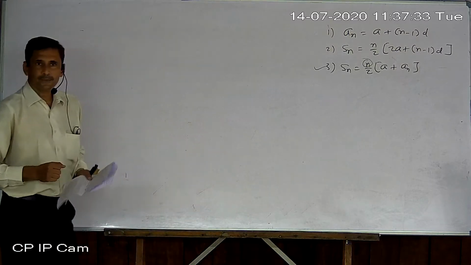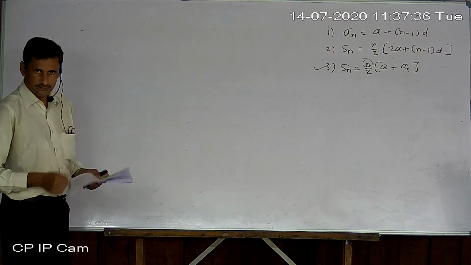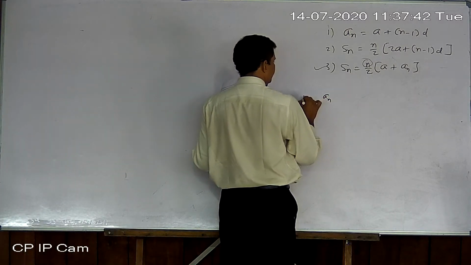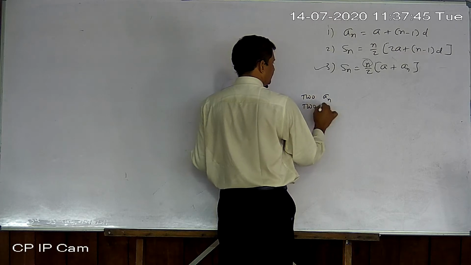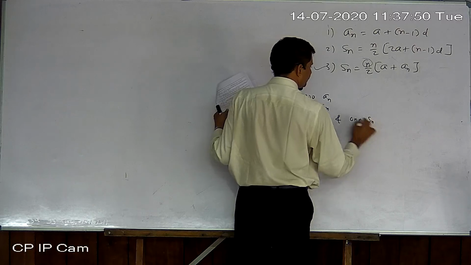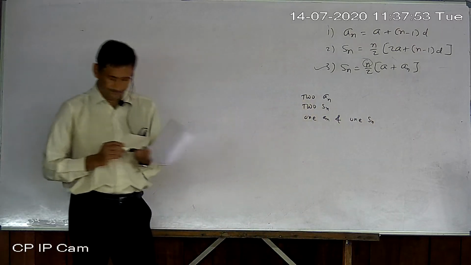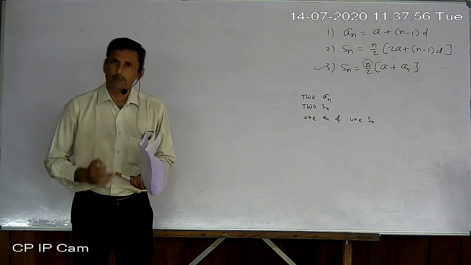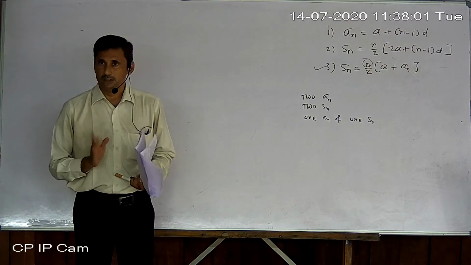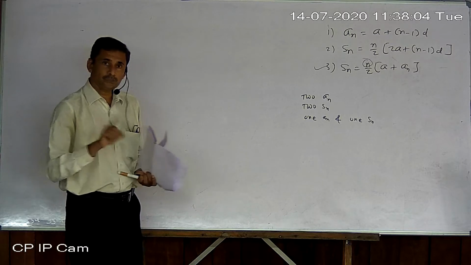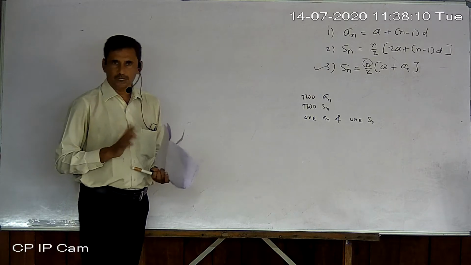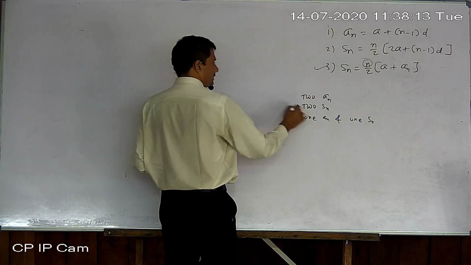Okay, now in number 9, 2 Sn given. I earlier told you, whenever 2 An, 2 Sn, or 1 An and 1 Sn given at that time, we can find two equations only, not directly value of particular variable, but two equations only. After solving these two equations, we will have value of both variables. So now 2 Sn are given. Look carefully there.